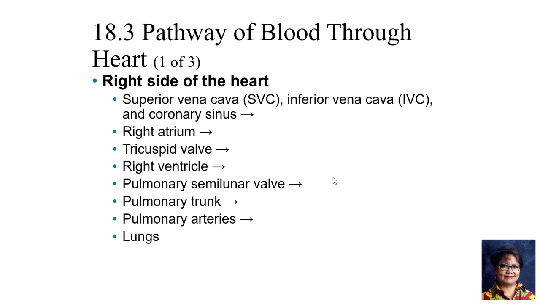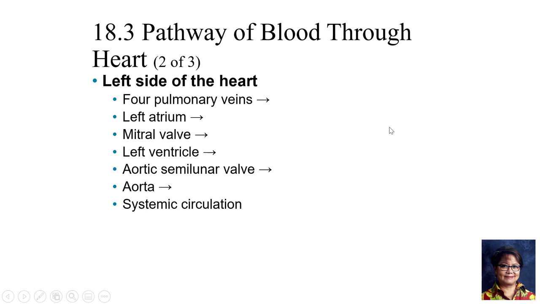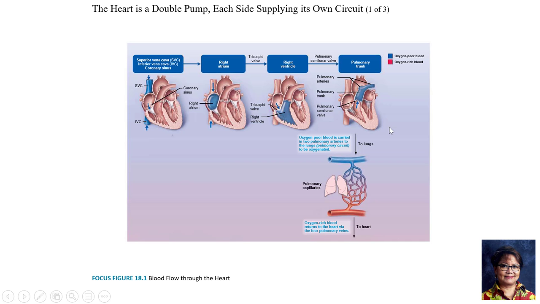So in the right side of the blood, this is actually your pathway of blood. Maybe you could just go around and take a look at where the blood is going to, and then to the left side of the blood. This is a good way of going through it. Just make sure that you know that because it's a circulation, it goes around. So where do you start? Well, for purposes of instruction, let's just start from the tissues into the superior and inferior vena cava, and then blood gets into the